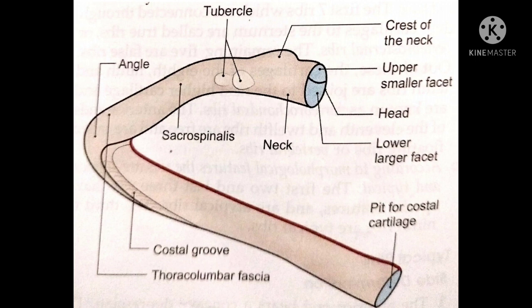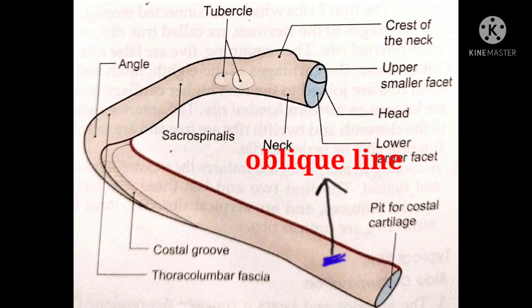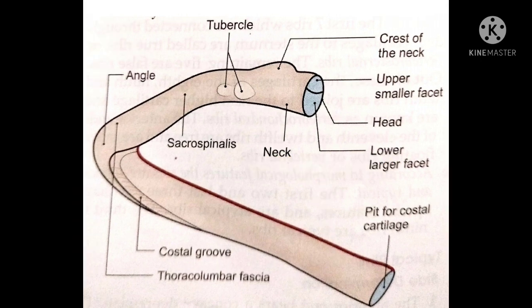Coming to the anterior aspect of the shaft, it gives attachment to the external oblique and the serratus anterior muscle, and the demarcation between the external oblique and serratus anterior muscle, the oblique line, is called the anterior angle. It lies about 5 cm from the anterior end. And the external oblique and the latissimus dorsi muscle between the 9th and 10th ribs are also demarcated by that same oblique line.